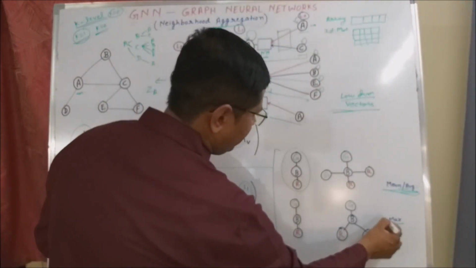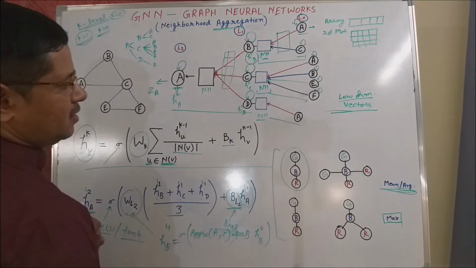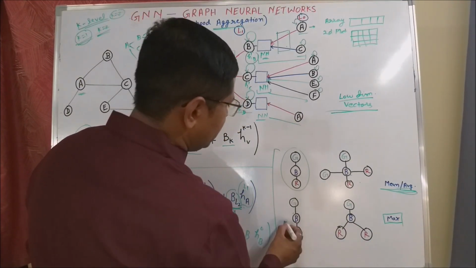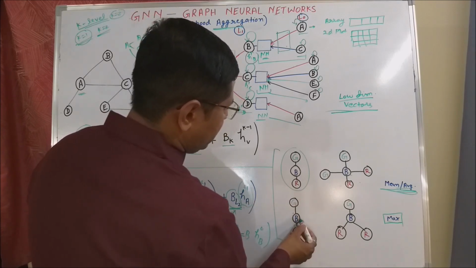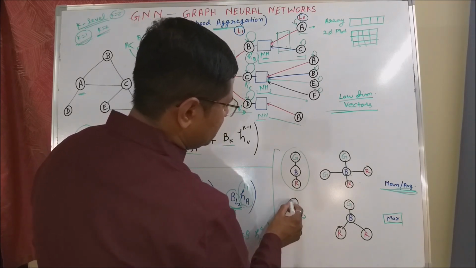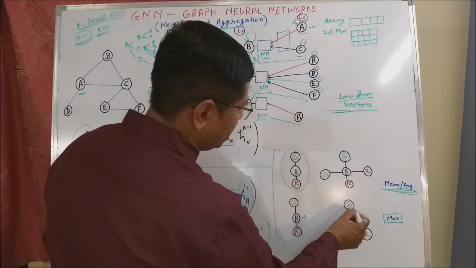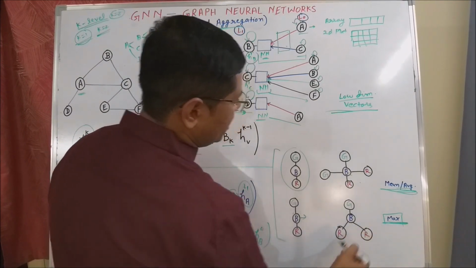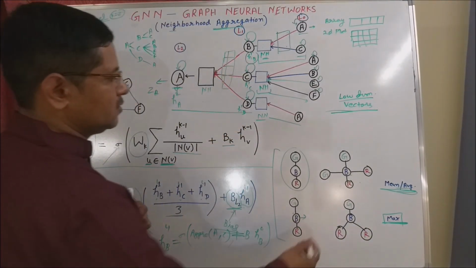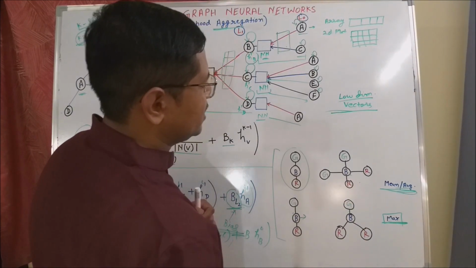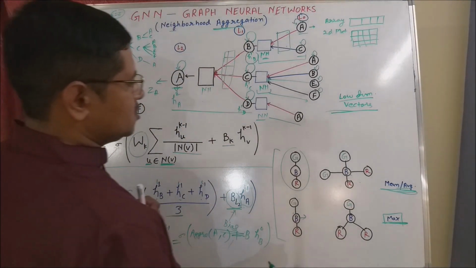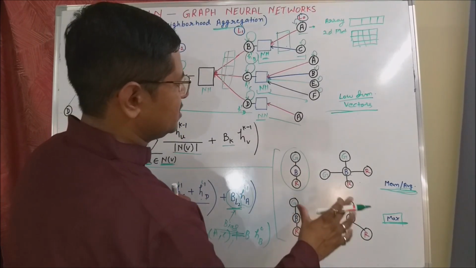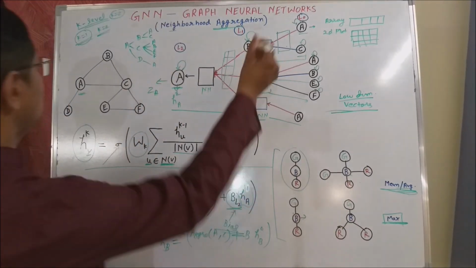Similarly, if we leave the mean and average and instead compute the max, then in this architecture node B is connected with G and R, and again here node B is connected with G and 2R. Both are different architectures, but the max value will give you the same value. So here also the encoding will give you the same result. In some places you may get similar kinds of issues, but research is still going on.